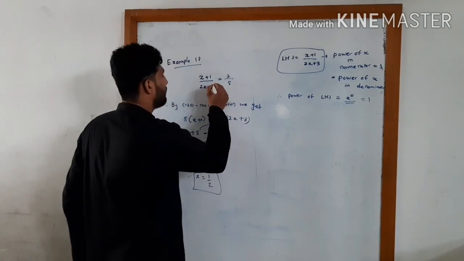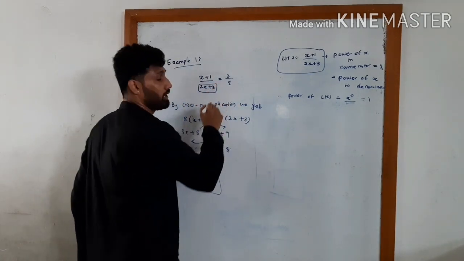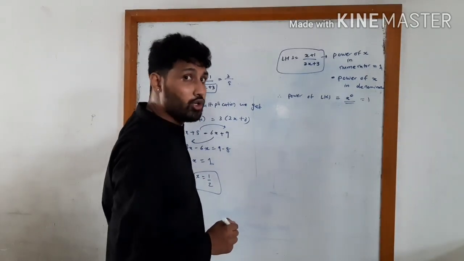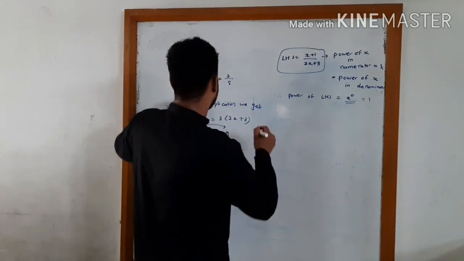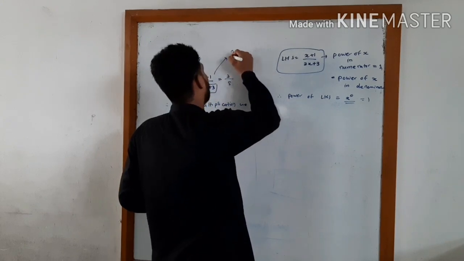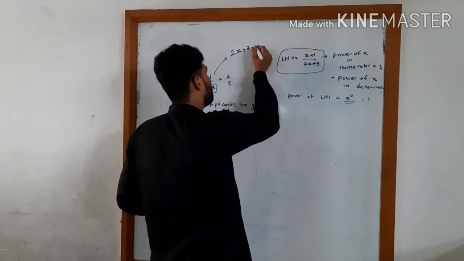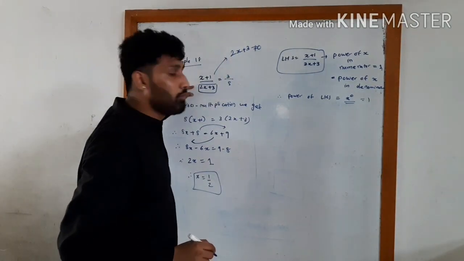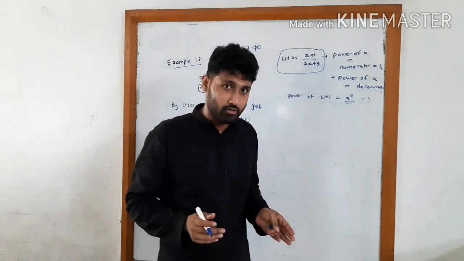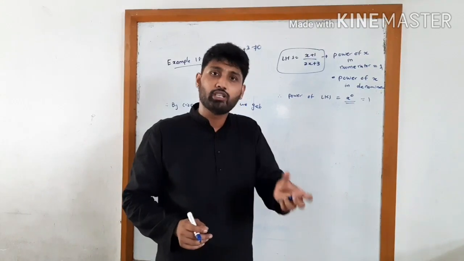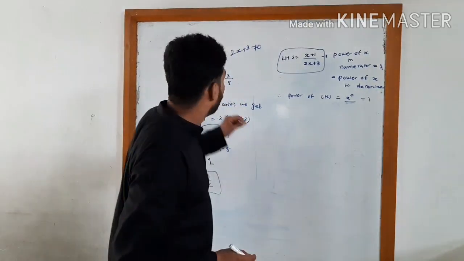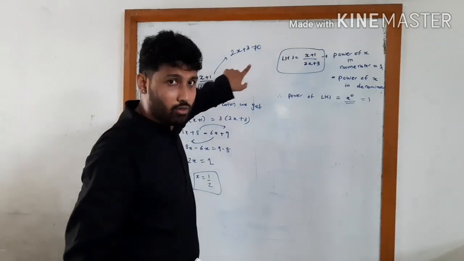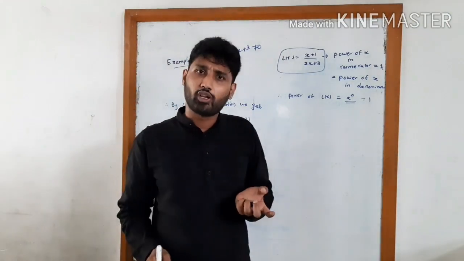Now see, here you have 2x plus 3 in the denominator. So when you are dividing by something, do you think this value can be 0? So here 2x plus 3 cannot be 0, because if it is 0, then something upon 0 is not defined. You have learned how division by 0 is not defined, because of which 2x plus 3 cannot be equal to 0. So that means x cannot be equal to what?